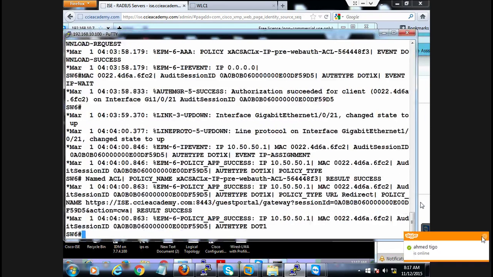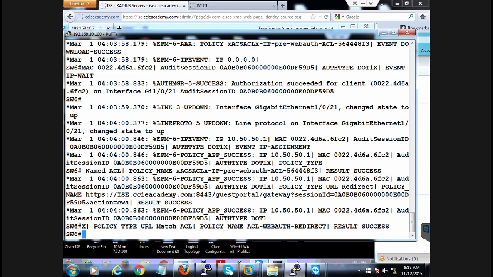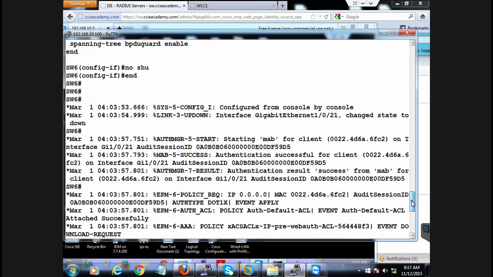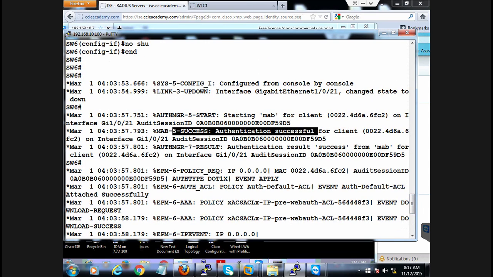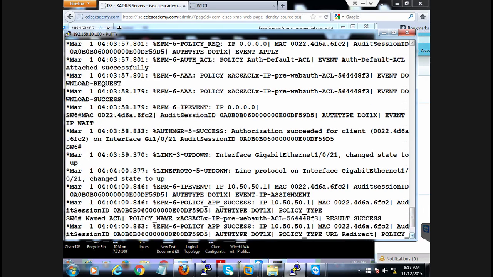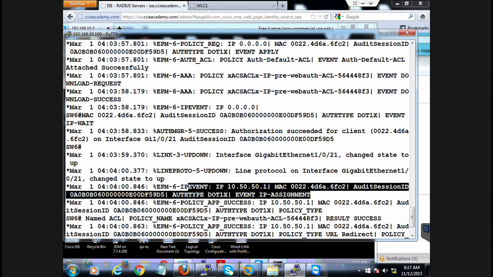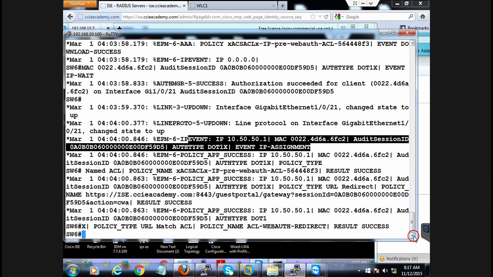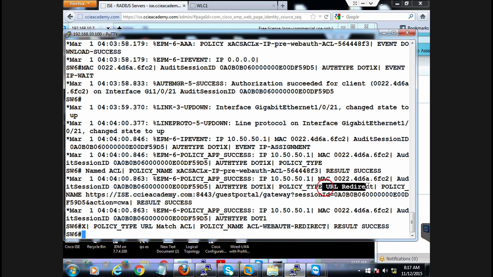Now if you look at this output here, it says it started MAB, and your MAB was successful, and as a result, because of the ACL, you were able to get the IP address. After that, a pre-auth ACL was downloaded successfully, and hence you could get an IP address for yourself. On successful IP address assignment, further these policies were downloaded. A URL redirect was downloaded. Now if you observe, this redirects you to ISE for the guest portal, and a further redirect policy was applied, which says ACL,